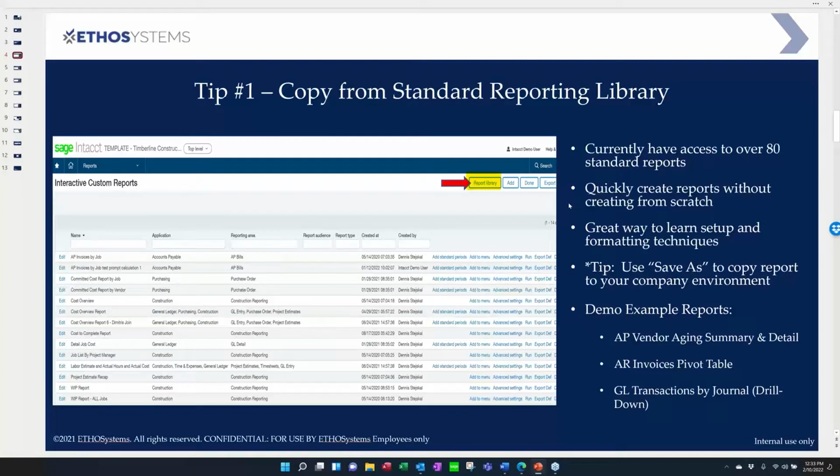And let's say you just want to learn some formatting or how to create some sort of calculation or some sort of setup technique. It's also a great way to learn instead of creating something completely from scratch. And if you like a report, you can save the report to your environment and use it. So I'd like to go through about 3 reports. So I'm going to jump over to